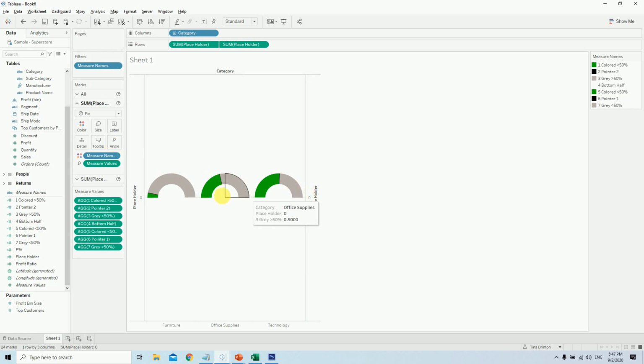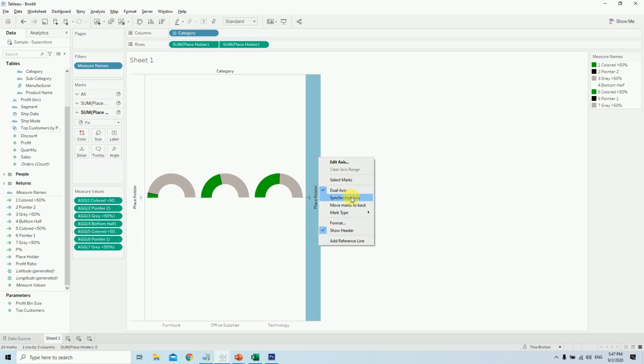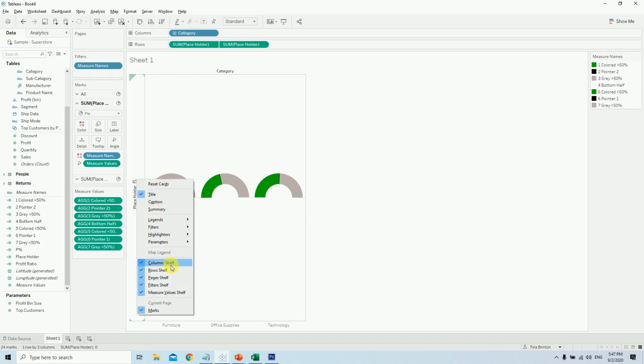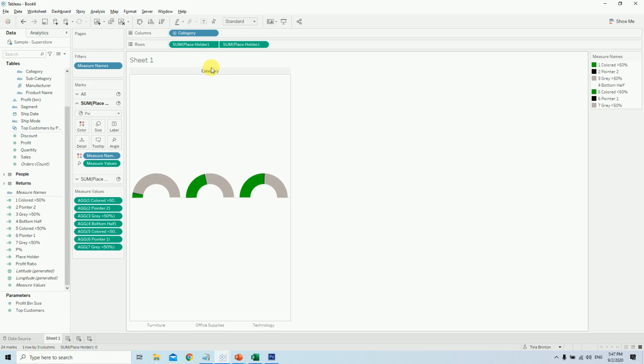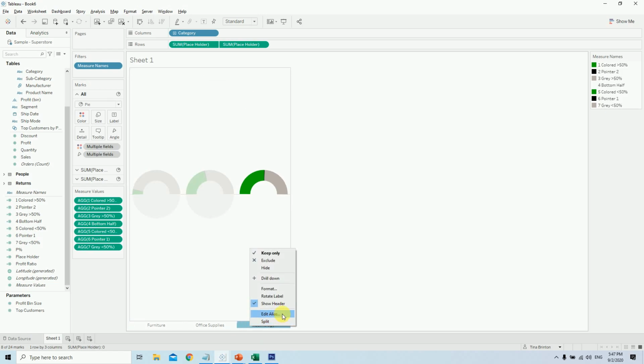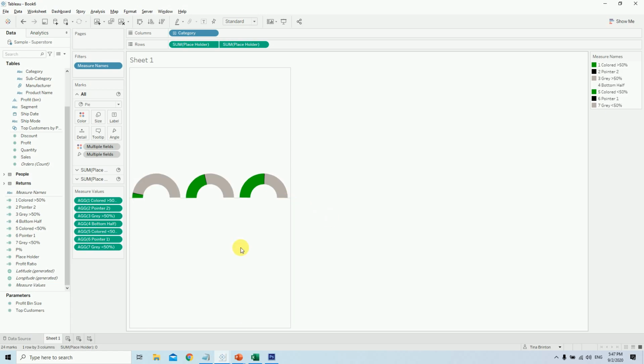So now our calculation is almost done. So this is how quickly you can make your chart. If you want, you can just hide this axis. No need for this axis, you can hide it. Just right click and say hide, and even this category you can hide, and this label you can also hide. And now we just beautify it while going into the second donut area.